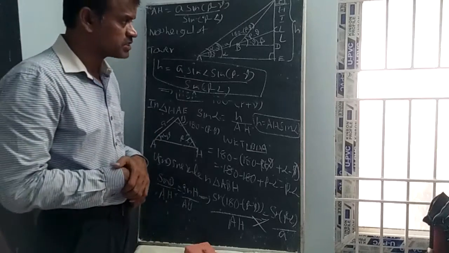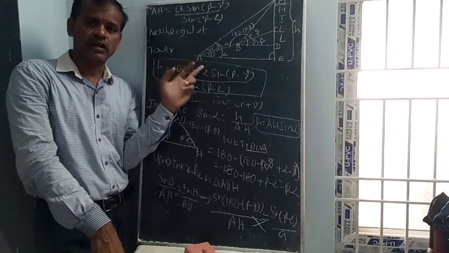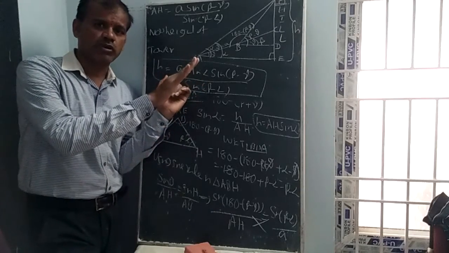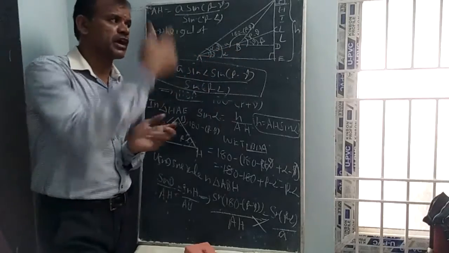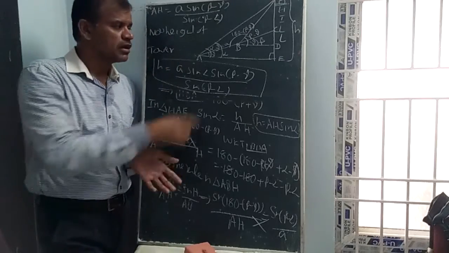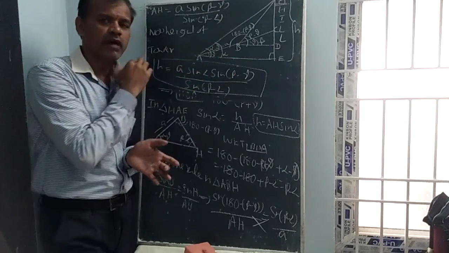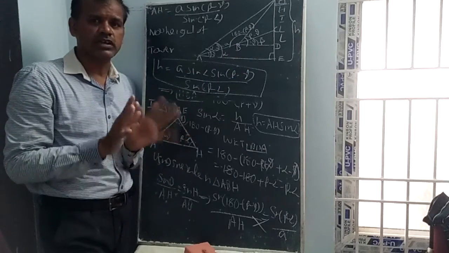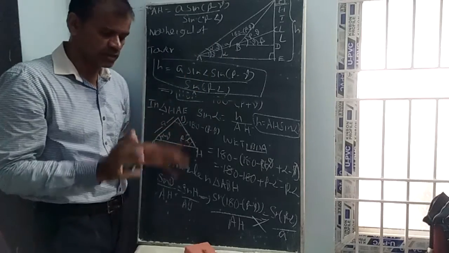So let us discuss the formula once again. If an observer observes an angle alpha and walks towards the hill, upward direction, some a meters, and observes the same point, the top of the hill, with the angle beta, and the hill makes the angle gamma with the horizontal line. In the similar way here also you can put gamma. Then h is equal to simply the formula: a sine alpha into sine of beta minus gamma by sine of beta minus alpha.